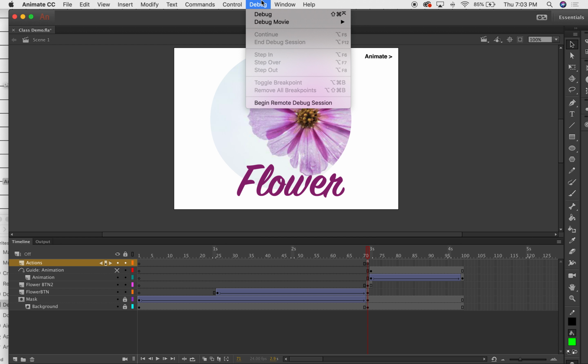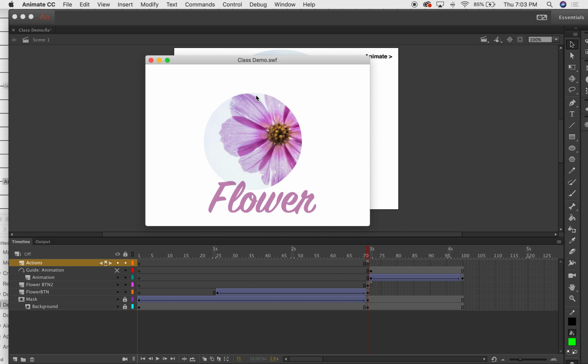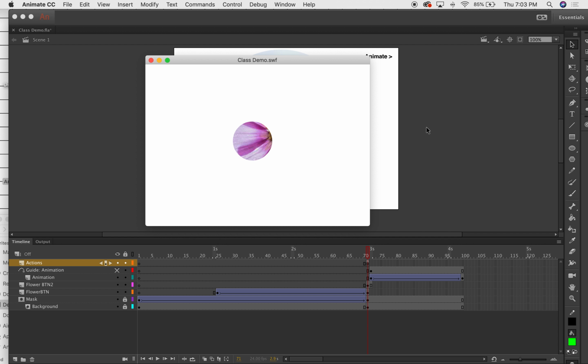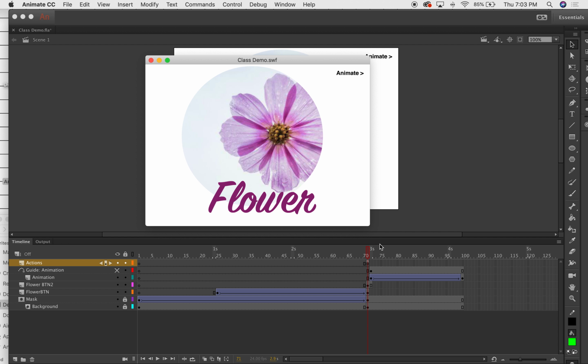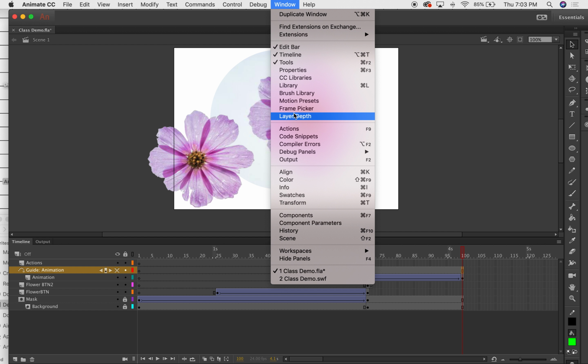So I'll go to Control, Test. All right, so we're starting at the beginning. Going through, stops. Click flower, goes to the beginning, stops. This should go to, yep, and then that goes to the next frame, and then it plays out, and then it goes back to the beginning again, and then plays out till the stop happens. So if you wanted it to stop at the end, then you would just have to add a stop action here. So I'll just click on one of the layers, go to Actions,